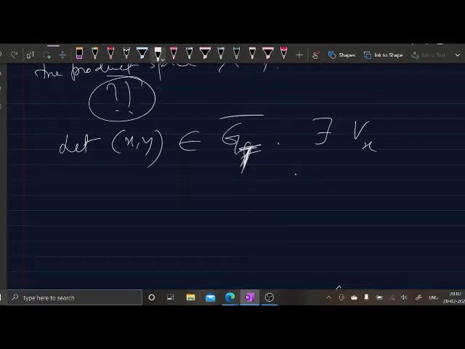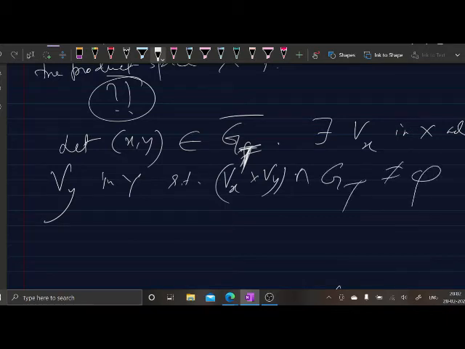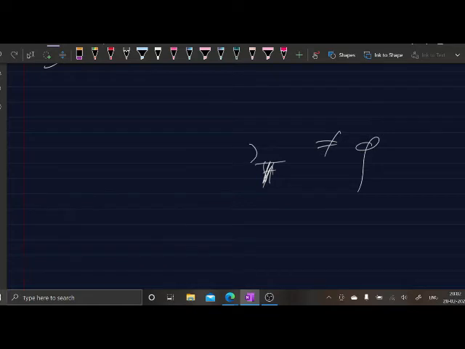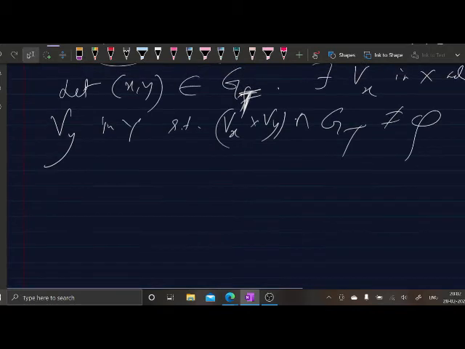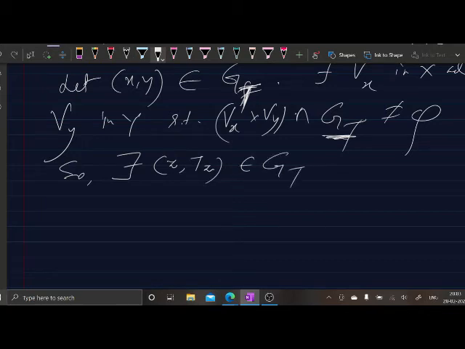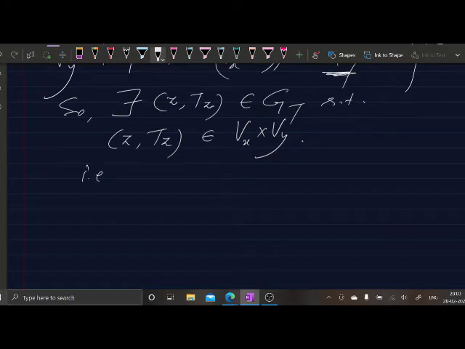তার মানে there exist, আমি একবারে করলাম, there exist an open set vx in x and an open set vy in y, so that vx cross vy intersection gt not equal to phi, তাহলে আমরা কি বলতে পারি, so therefore there exists an element in GT, that means suppose it is z, tz belongs to gt such that z, tz belongs to vx cross vy. That means that is z belongs to vx